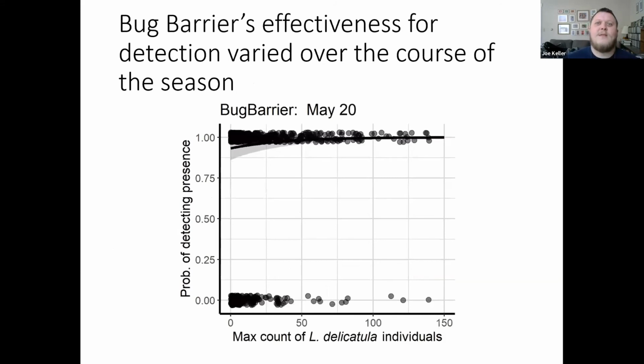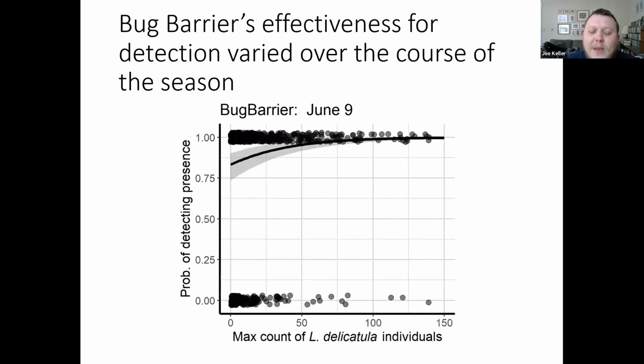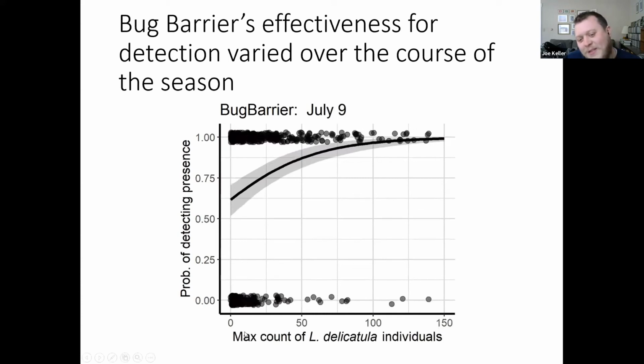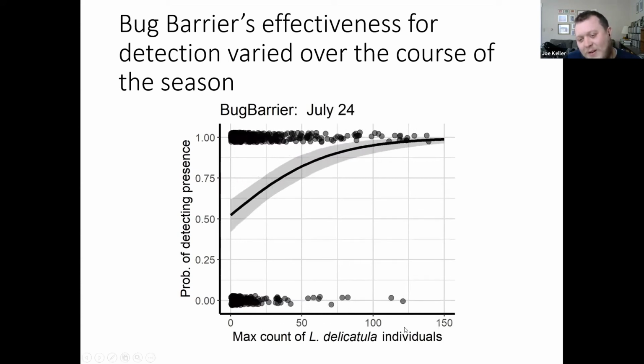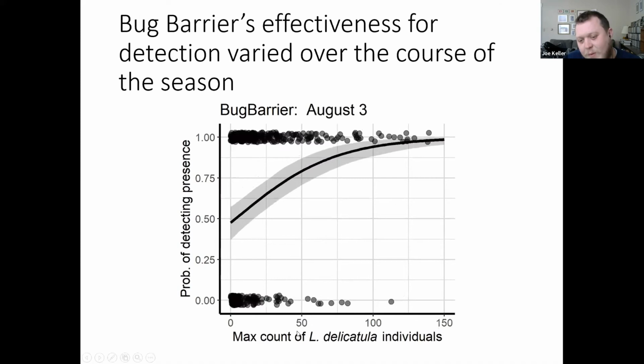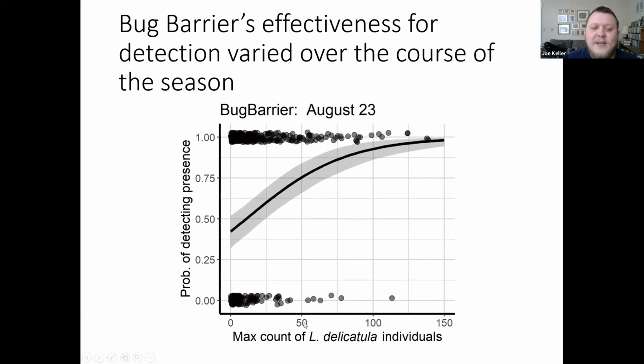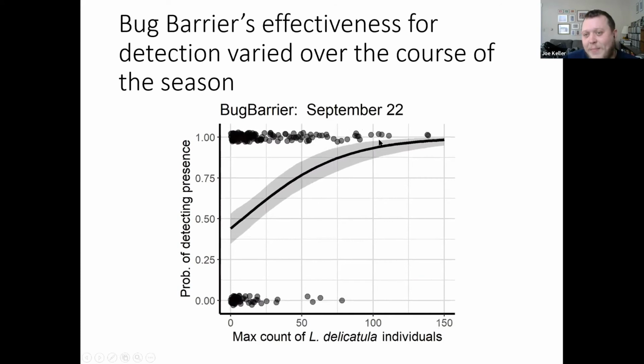But you can see the bug barrier here, the effectiveness of bug barrier for detecting lanternflies varied over the course of the season. So we've got on the x-axis here the maximum of our 2 counts for lanternfly, the number of individuals in the plot. So just a measure of abundance of lanternflies in the plot. And on the y-axis, the probability of detecting presence. So it makes sense that as you get to a lot of individuals in the plot, you're very likely to